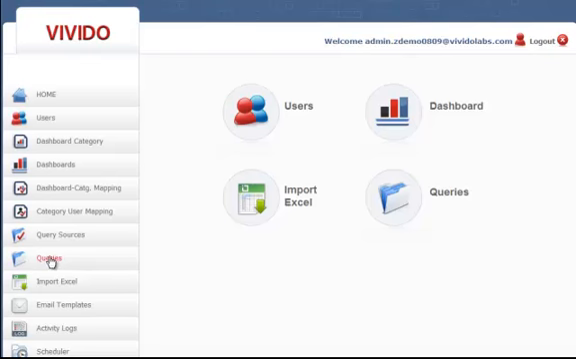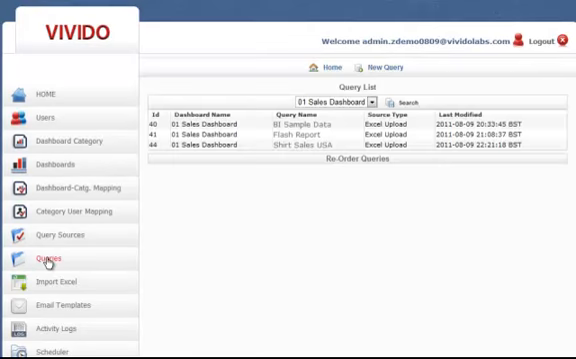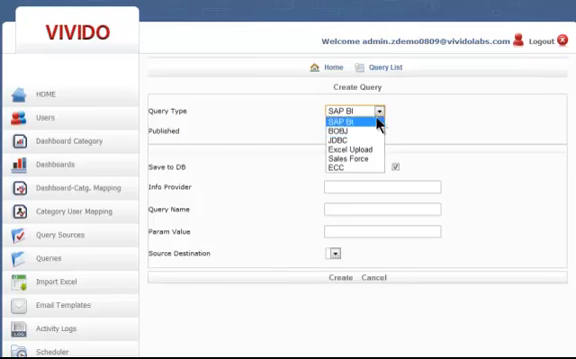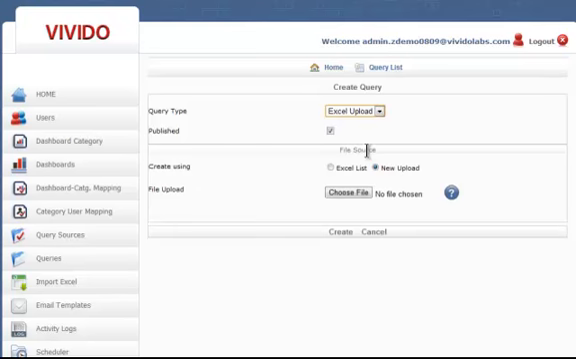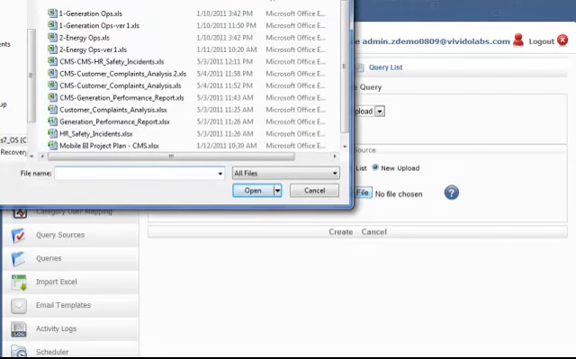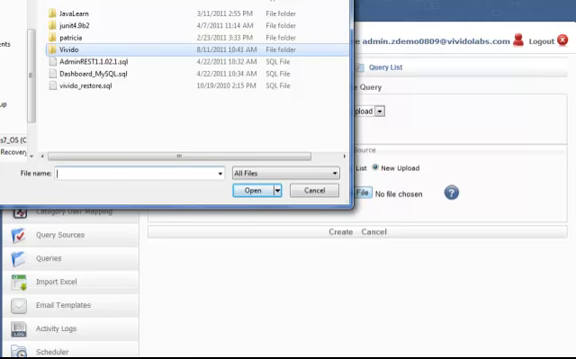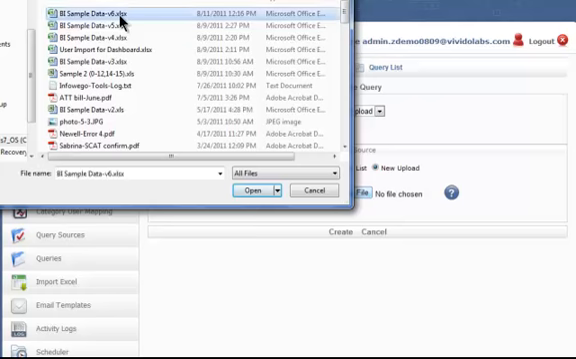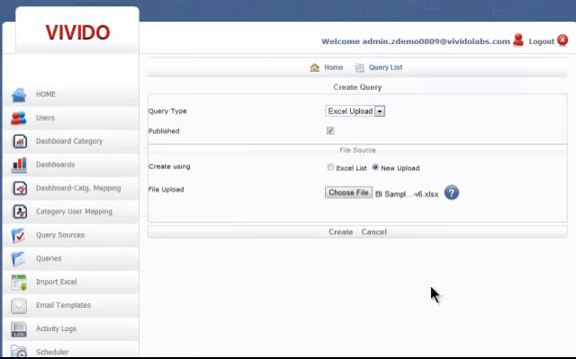On the left side menu, please click Query. We will click on New Query. Make sure that we select it is an Excel upload type. We'll go ahead and choose our file, which is our existing query, and make sure that we are at the right directory for that. We click on Create,